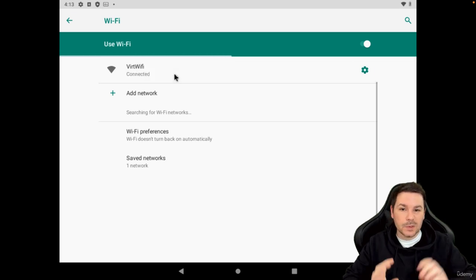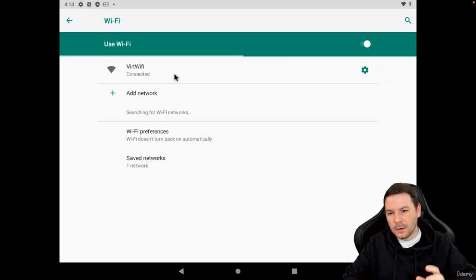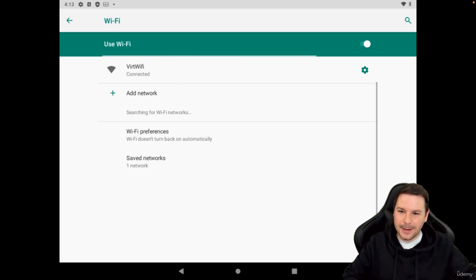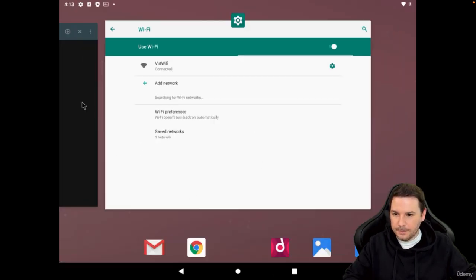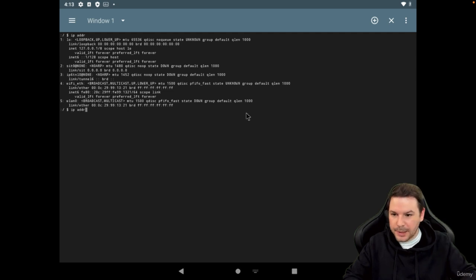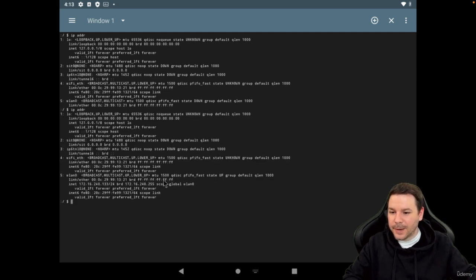Perfect. So this one is now using a virtual Wi-Fi, which is using the network adapter to communicate with the outside world in case of NAT, or if you're using a host adapter, to at least communicate with one network interface. All right? Okay, so perfect. This means we should now have an IP address. Let's see. Back to the terminal. Let's repeat the last command. There we go. We can see